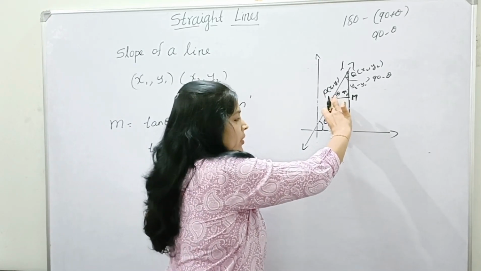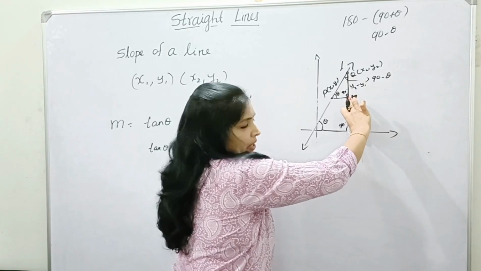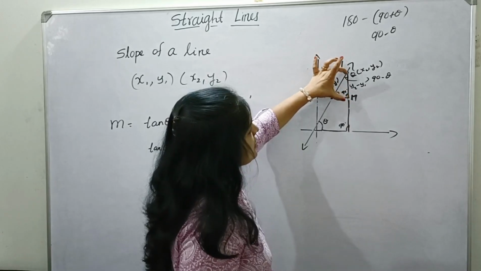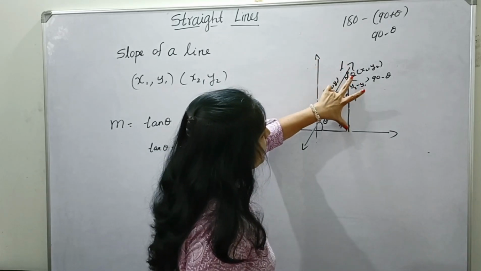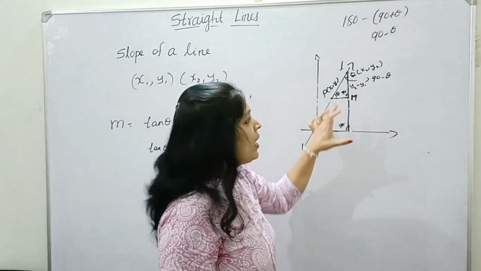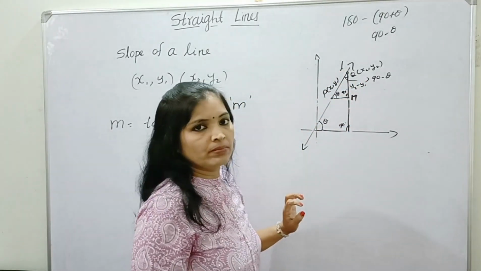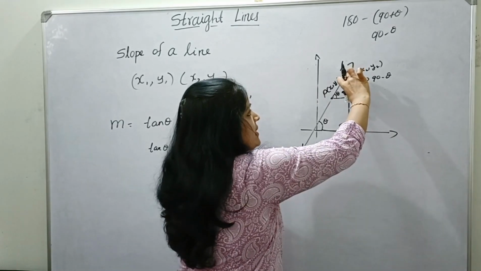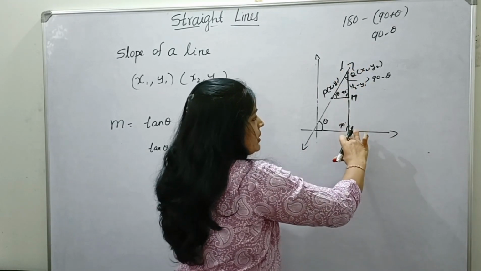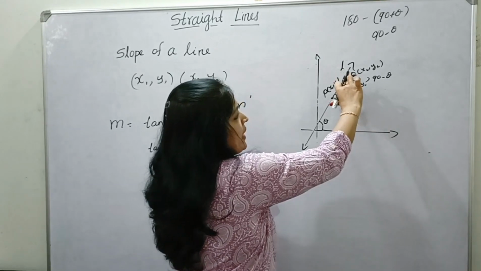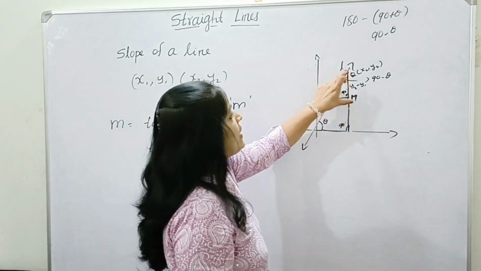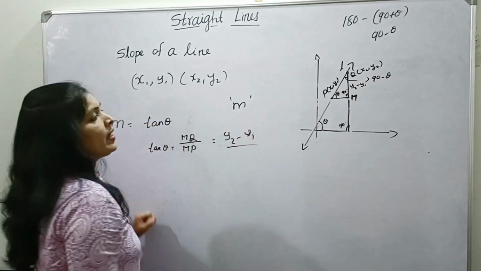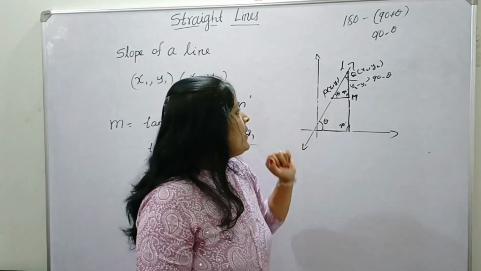Therefore, this is nothing but y2 minus y1. Why? It is y1, total y2, so this length is y2 minus y1. So we get this length. So MQ is y2 minus y1, divided by